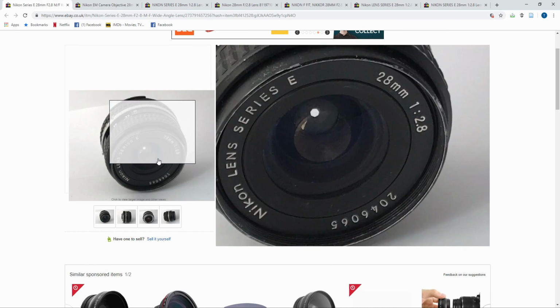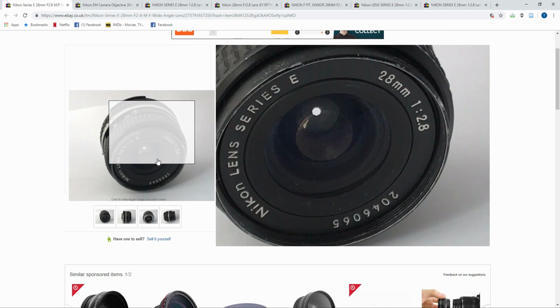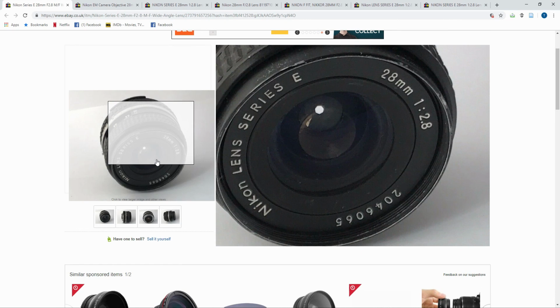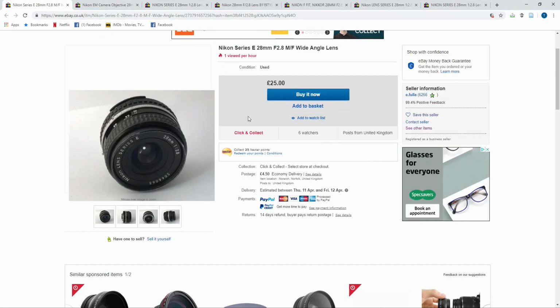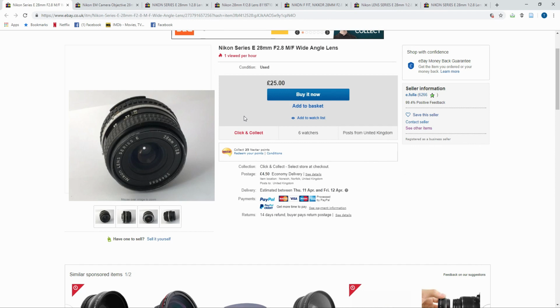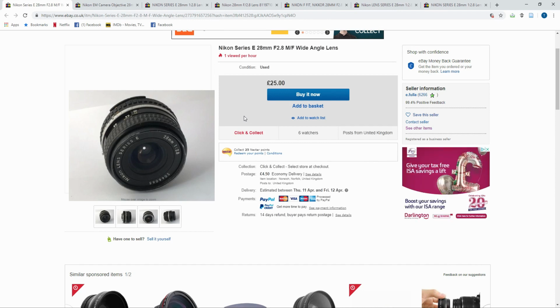Good things to look for are high quality pictures, especially with camera lenses. If someone is selling a camera lens, even at a reasonable price like this, and they haven't got good pictures, you've got one of two scenarios. One, they don't really care, or they're trying to hide something. Avoid these sellers like the plague, because you can end up with things that you don't want, and they're low quality. eBay's better for getting your money back now, but still, it's easier to avoid. And two,